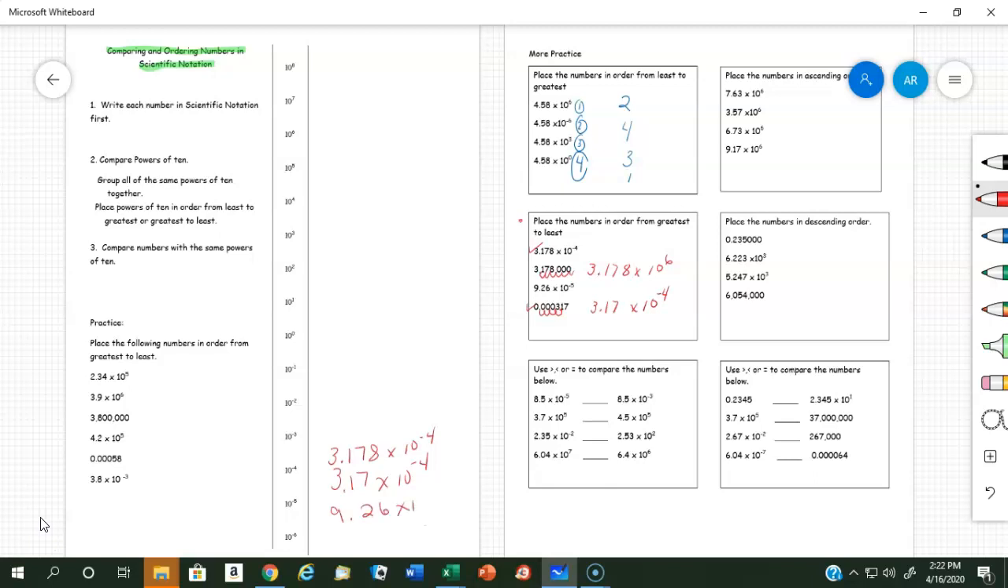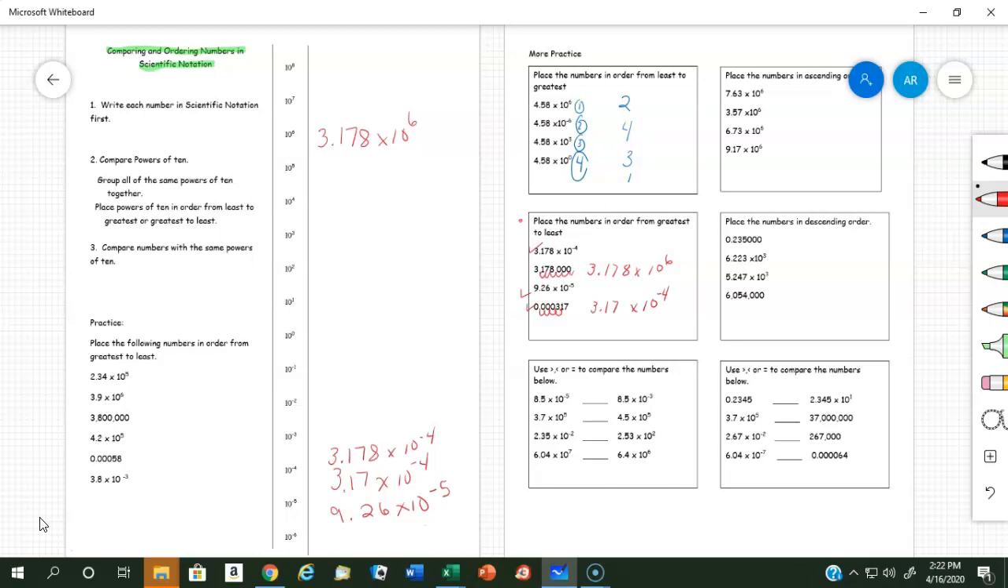9.26 times 10 to the negative fifth. And then this one is a lot larger. This 3.178 times 10 to the 6th is way up here. So I have 3.178 times 10 to the 6th. So you can see how important it is to understand if something is a very large number or a very